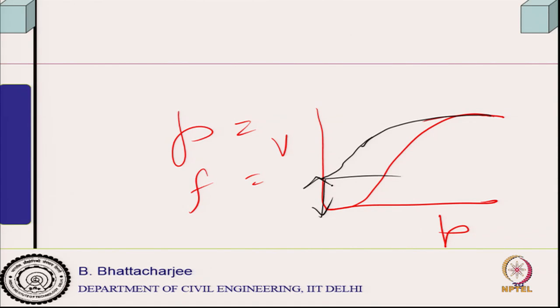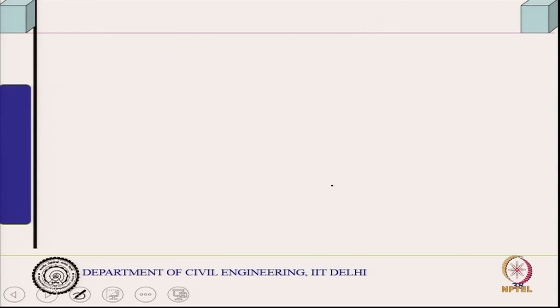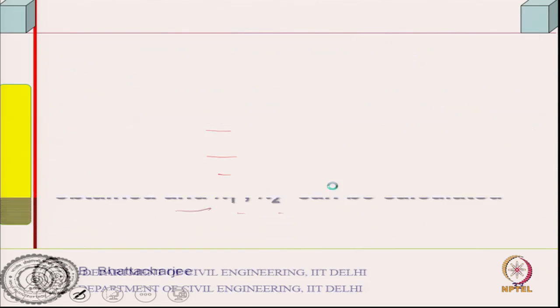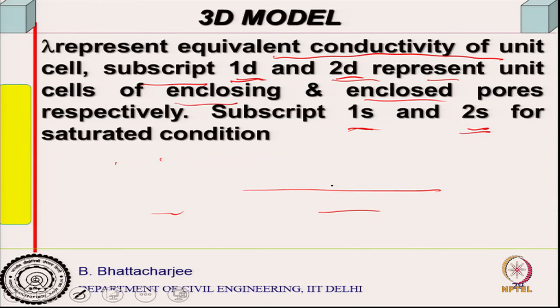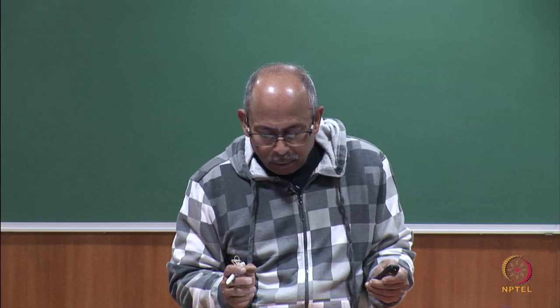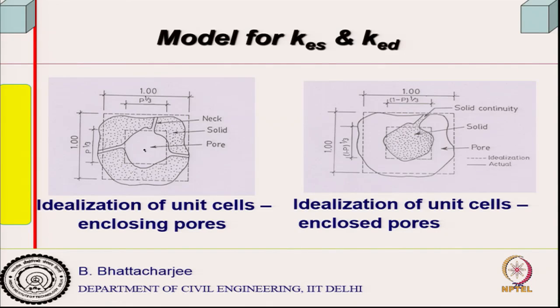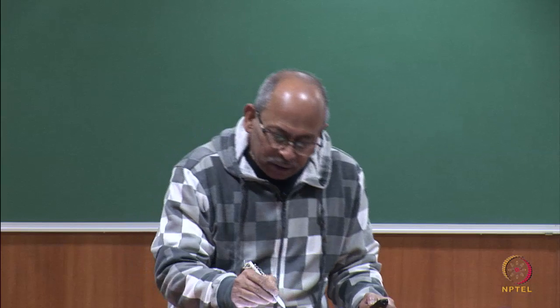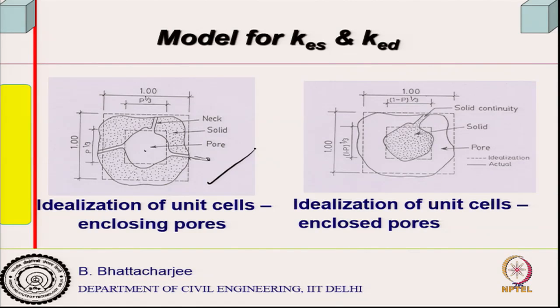This entrapped mercury is a measure of the pores which are enclosed by solid, that is why they could not come out, pores of this kind. This is a measure of this kind of pores. Pores of this kind, where mercury entered, but the total mercury could not come out, it came out only at a certain point through this, but a lot of mercury is trapped. So, that is a fraction of this. So, F, the fraction of this type of pores, you can find out from mercury intrusion porosimetry.